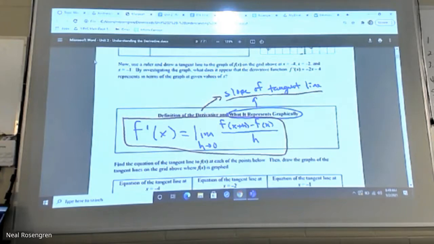But you're right, give me a whole function. I can find a whole derivative, another function of x, that I can plug any x you want into. It'll have us stop at the function at that exact point, and it'll give us the slope of the tangent line, whether it's positive or negative or 0.